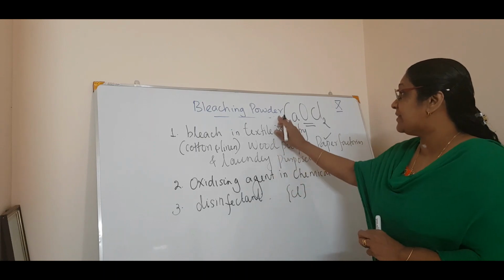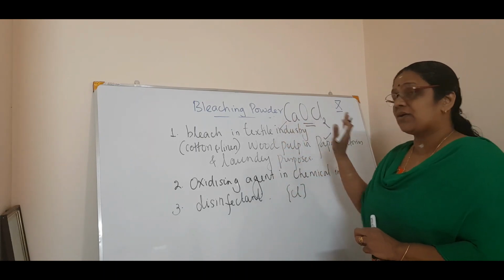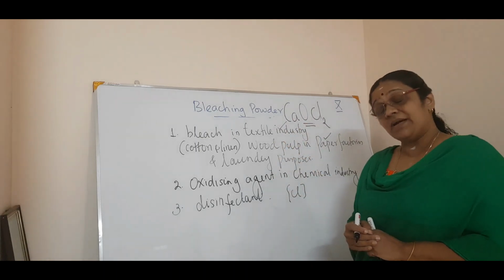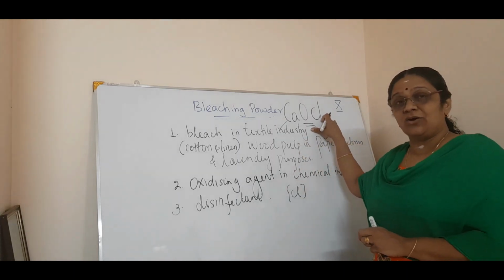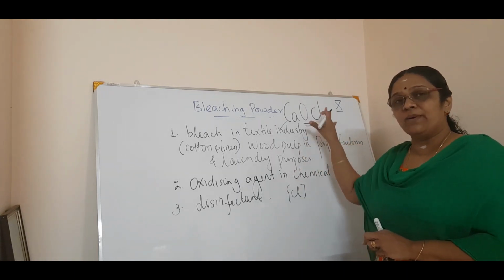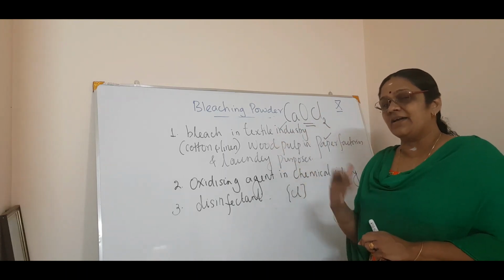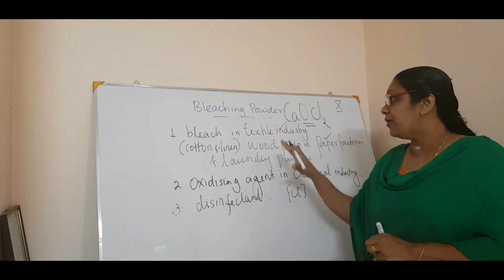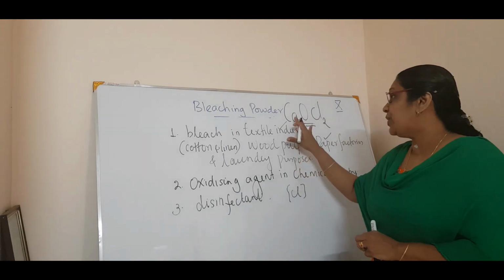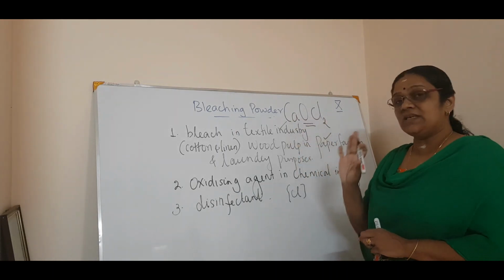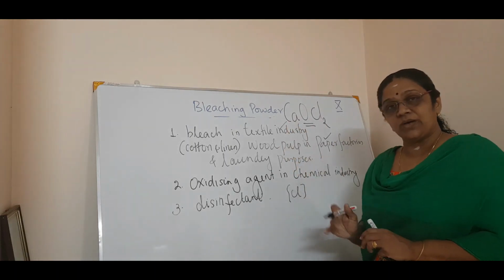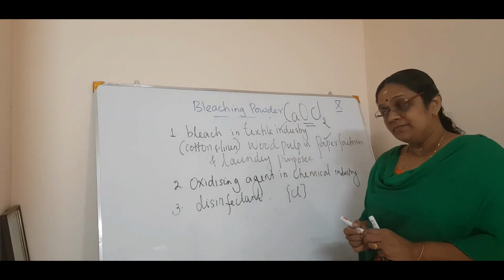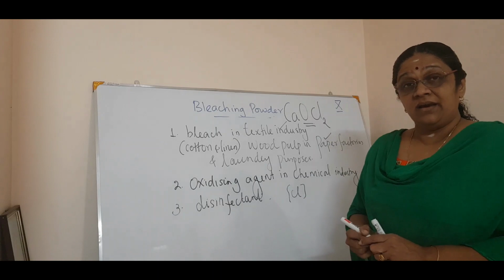So bleaching powder is nothing but calcium oxychloride. But actually, the chemical formula of bleaching powder is not this. It is a little bit complicated, which you will study in higher classes. So for you now, for the chemical formula, you have to write only CaOCl2. This is not the exact formula, but for your purpose it is okay. Correct? Now we will pass on to the next compound.